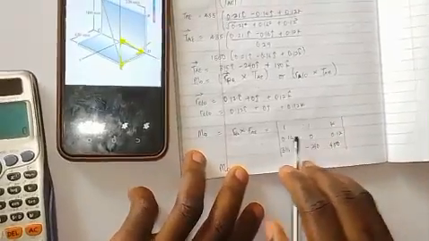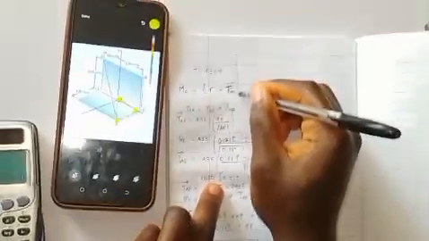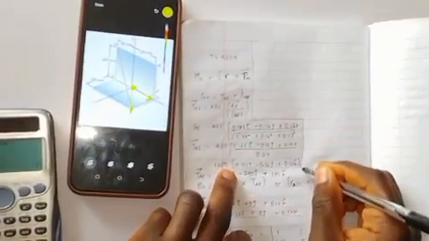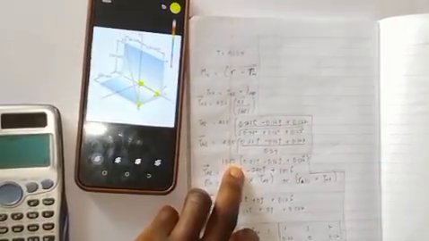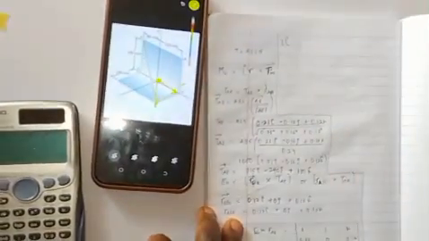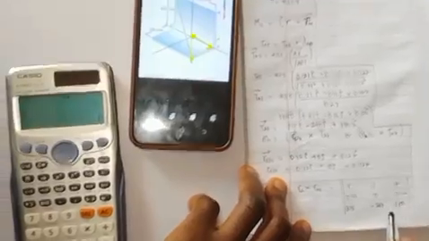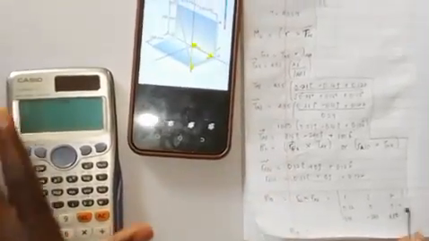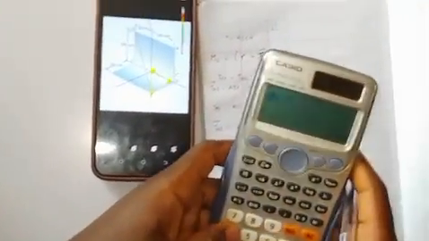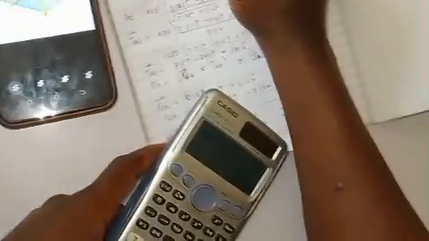Let's do this. If we pick our I, we are not picking anything in this direction, anything in this direction. So we have minus 240 times 0.12, which is minus 28.8 in I direction,